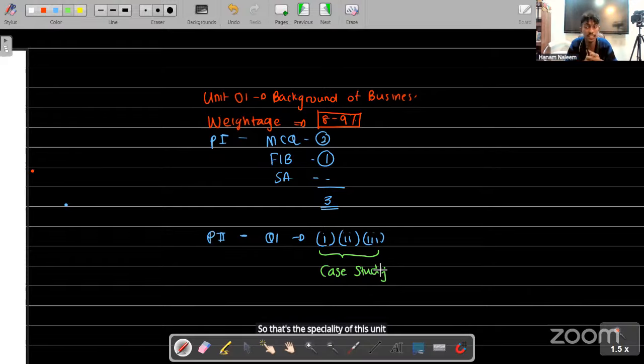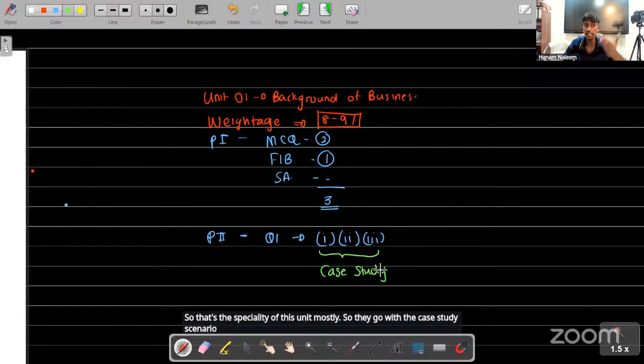So they go with a case study scenario. And another one, when we are doing part 2, guys, there's a small thing you have to follow. That's what we follow in the revision. So I'm using my techniques there. The technique is